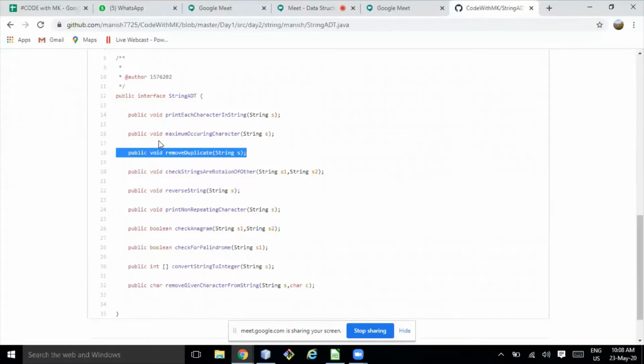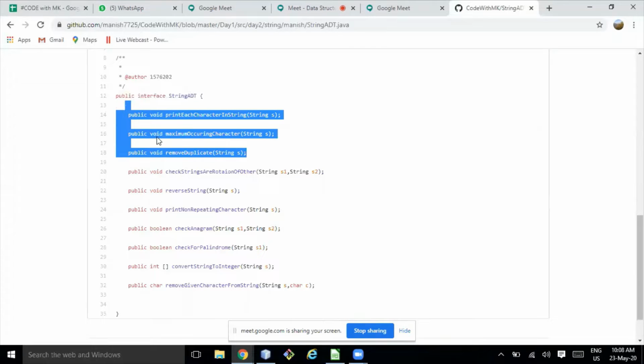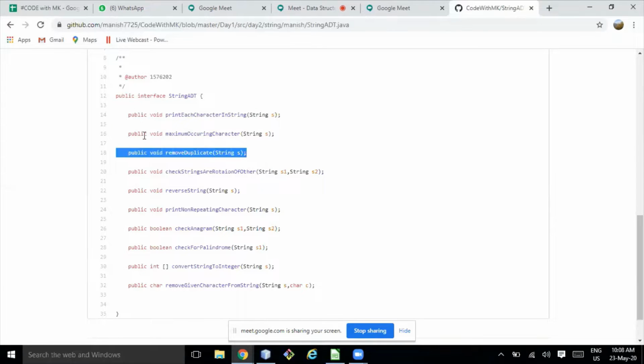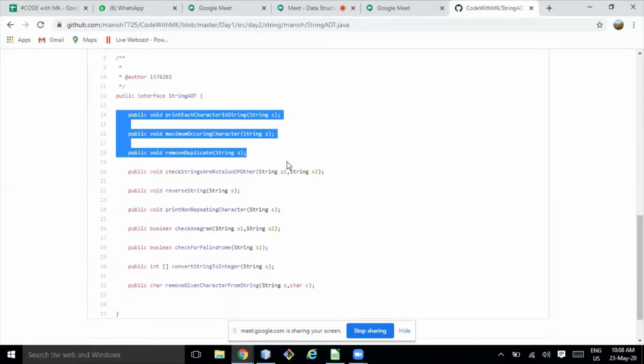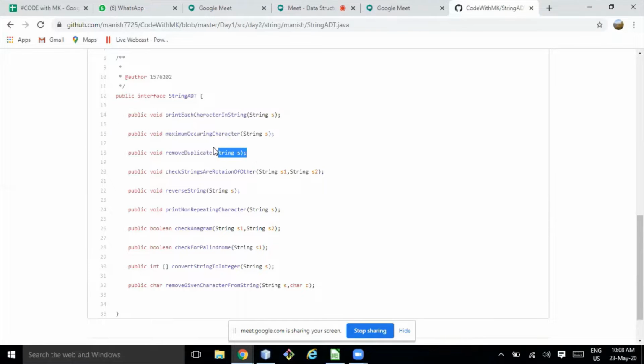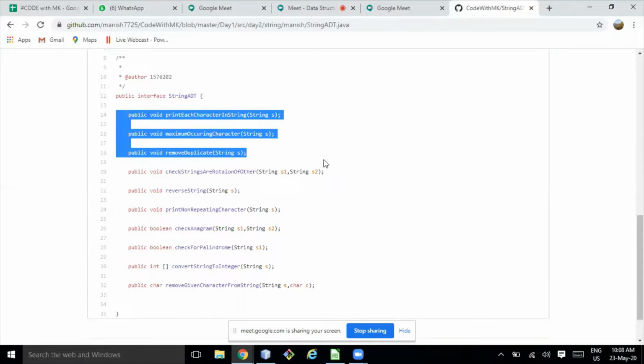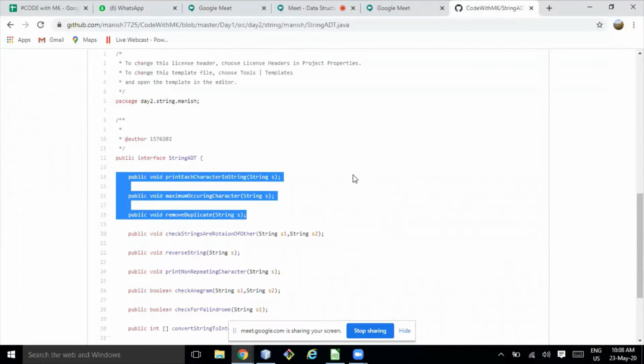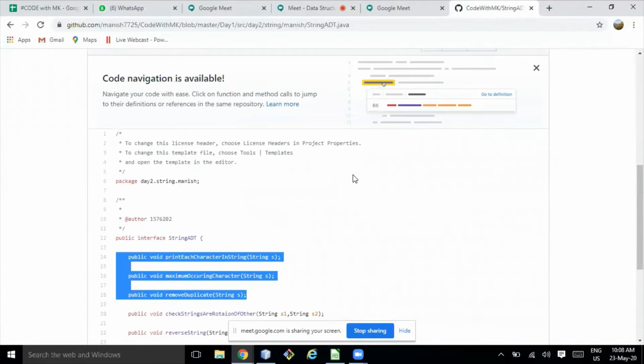Till here we have done, and apart from this I have covered the array ADT and this many problems. If anyone is attending for the first time and wants to know how to solve other problems, after 12 to 12:30 I'll be taking one extra half-hour class. There I will be briefing, and if some of them are not aware of how to get the file from GitHub, I'll help them.